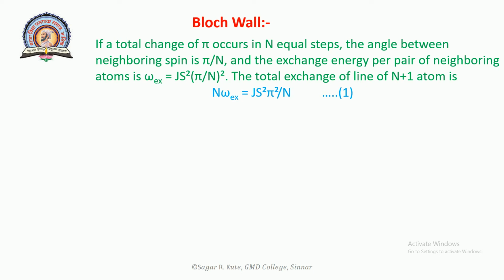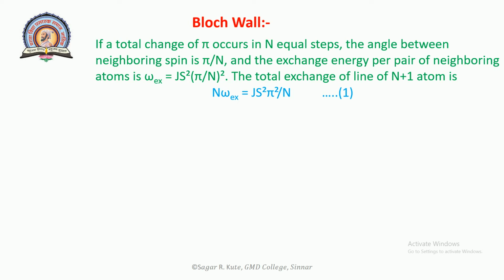The wall would thicken without limit were it not for the anisotropy energy, which acts to limit the transition layer. The spins within the wall are largely directed away from the axis of easy magnetization, so there is anisotropy energy associated with the wall, roughly proportional to the wall thickness. Consider a wall parallel to a cube face in a simple cubic lattice, separating domains of magnetization in opposite directions. We wish to determine the number n of atomic planes contained within the wall.